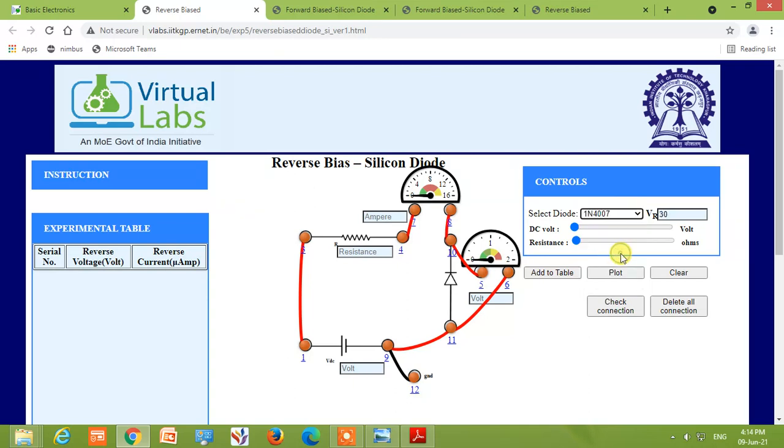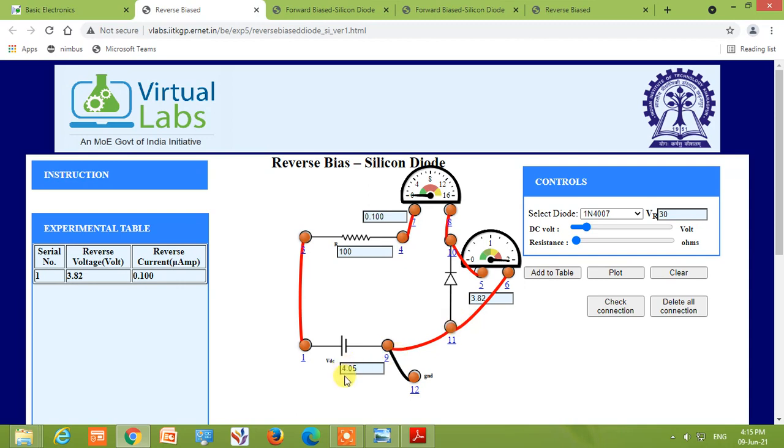Choose the diode. Again, the same diode. Now the reverse breakdown voltage is 30 volts. Let us increase the voltage in steps. I've increased the voltage 4 volts. I've not set the value of resistance. Let us set the value of resistance to around 100 ohms. I've set at the table. See, the reverse voltage measured by this voltmeter is around 3.8.